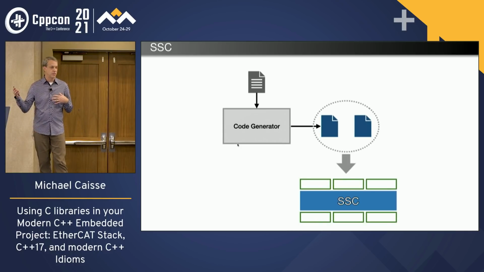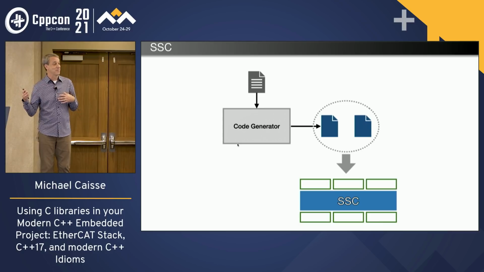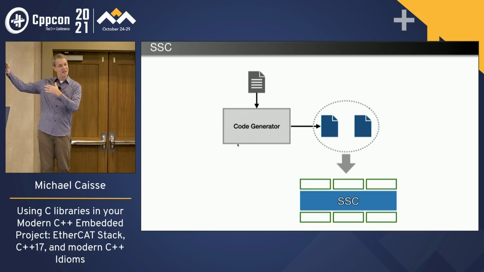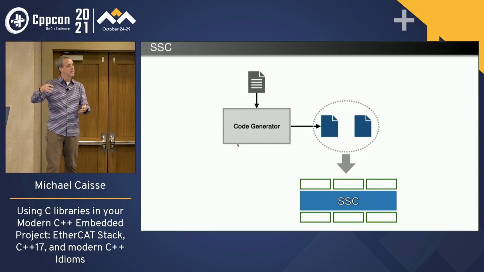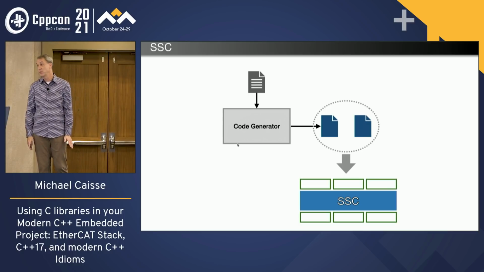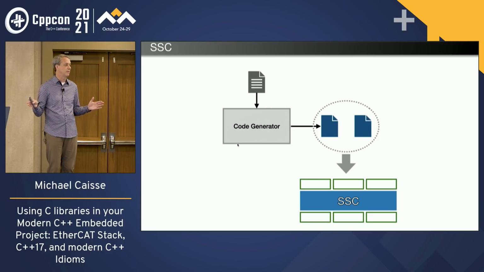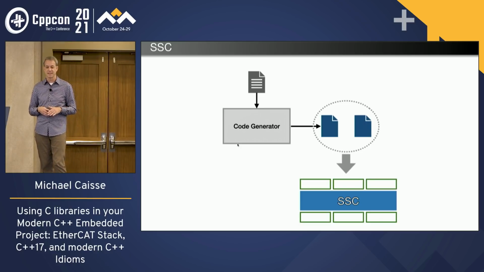How this works is you take an Excel spreadsheet file that describes the protocols and the bits and all that stuff about the communication for your device. You run it through a code generator, it spits out C code, and then you've got a bunch of other C code that you're going to link against. You might be tempted to compile it against a C++ compiler because that would be cool, except that you will first have to fix a lot of stuff because it just won't compile. It uses all the cool stuff in C that we don't have in C++. That's a dig against C++, by the way.